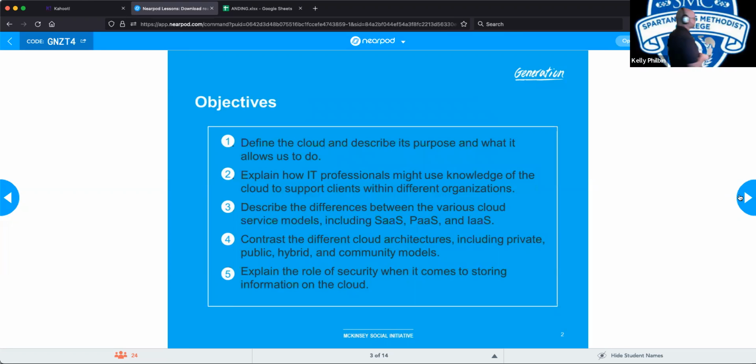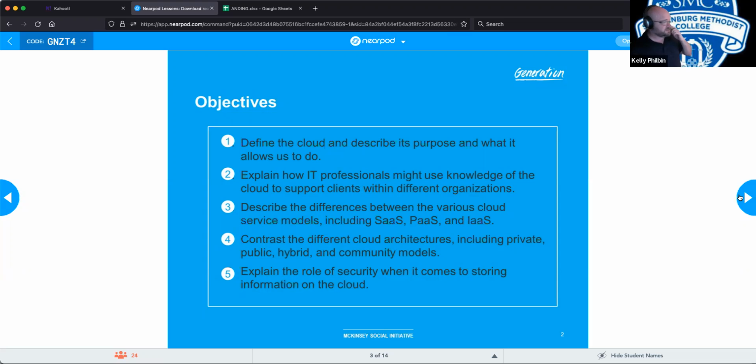All right, objectives for this particular technical session are to define the cloud and describe its purpose and what it allows us to do. Explain how IT professionals might use knowledge of the cloud to support clients with different organizations.